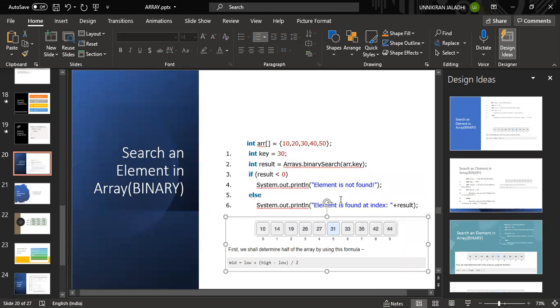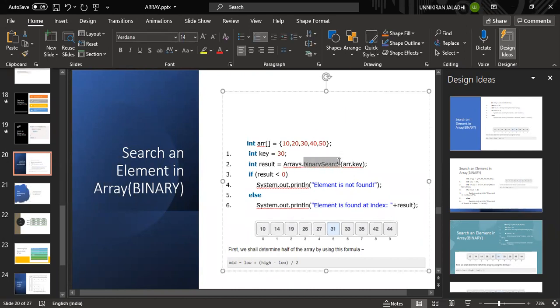If you are not able to use it, I want to elaborate with somewhat different programs. There is a topic called binary search in your data structures. I think in your second sem, right? Third semester, I don't know in which semester it is. Inside data structures, we'll use this way. But in our case, we already have a function called binary search inside the Arrays class.